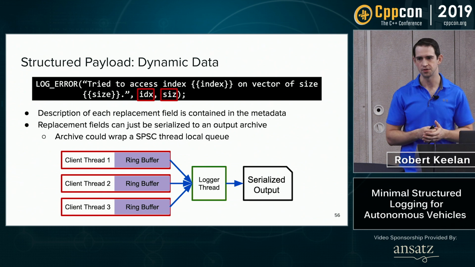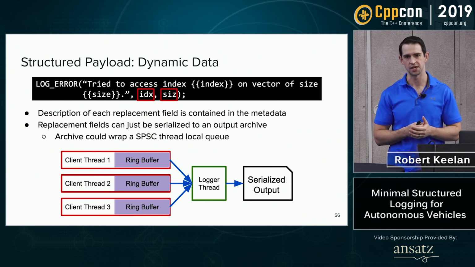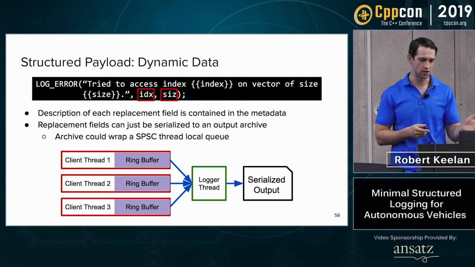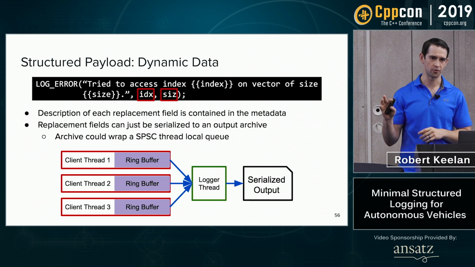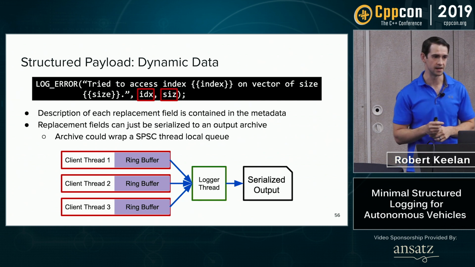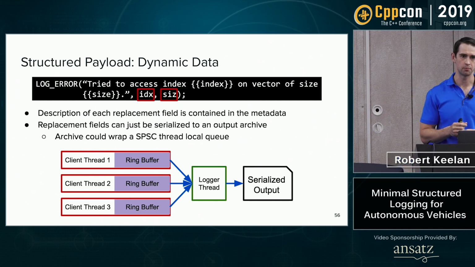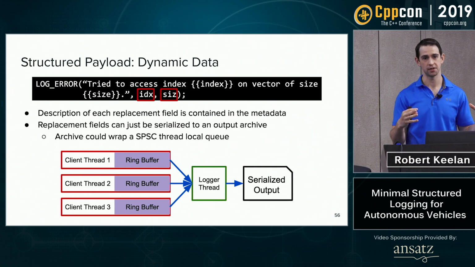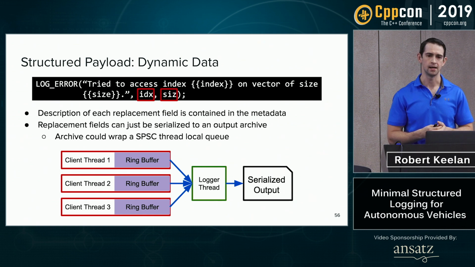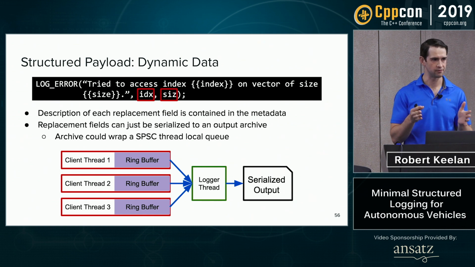And you could do that using any of the serialization frameworks. There are a lot of them out there now. Ours basically, for each client thread that we want to log on, we have some kind of ring buffer. Then we have a background thread that services each one of those ring buffers and outputs the data to the serialized output. Prior to this, our previous debug logging system took each debug log that you wanted to write and put it in its own message, basically something like a protobuf or equivalent. But now, because the messages got so small after removing all of that metadata, we are able to batch them up and send them out in small batches of these